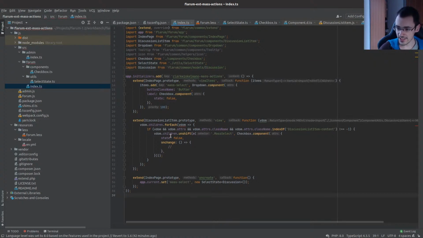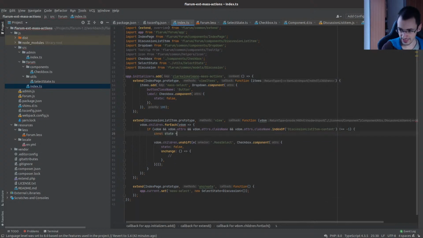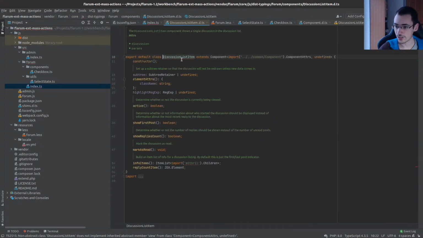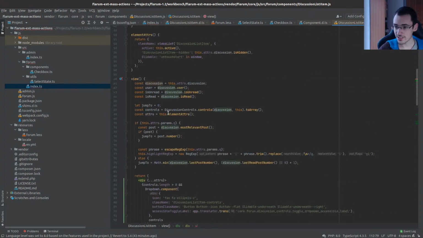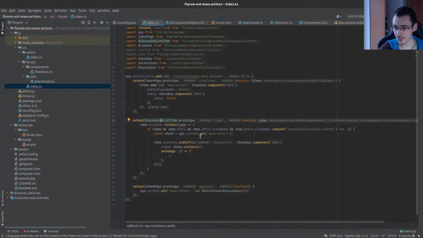Because the idea now is that here, what I'm going to do is state equals get this, so get the app.current mass select, and then I will do state.contains, and here I need access to the discussion. Discussion list items, discussion is accessible through this.attrs.discussion, so let's do it like this. If it contains